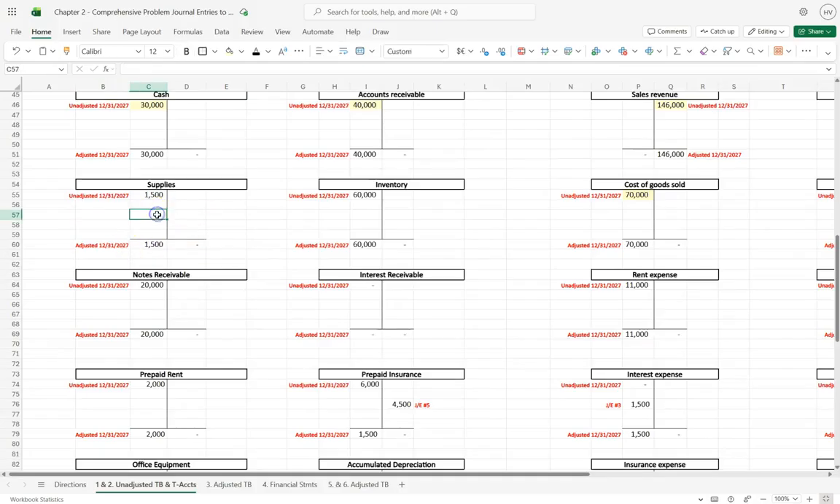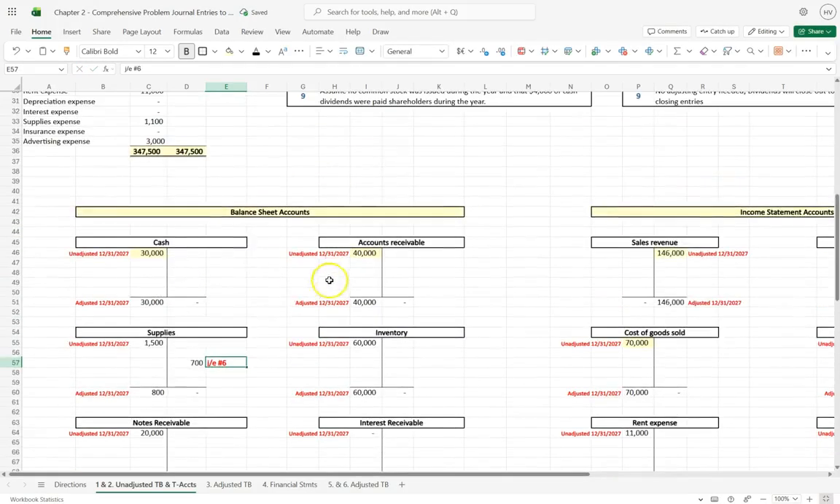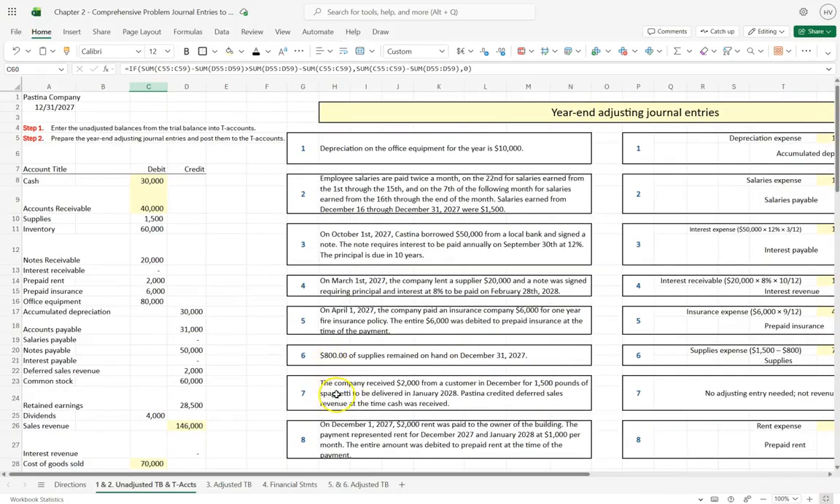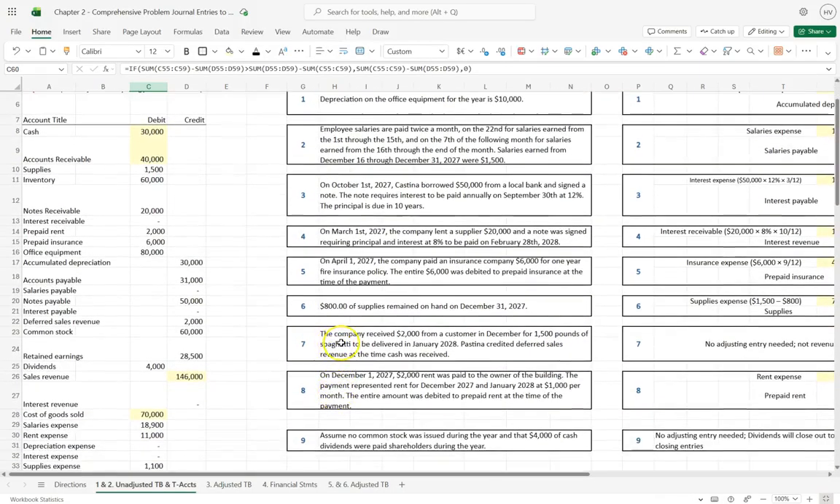And again, this journal entry is missing. So I'm going to put the $700 right here. And this is journal entry number 6. And there we go. Okay. So then we have an adjusted balance at the end of the year of $800, which is what we were told it should be. Okay. Item number 7